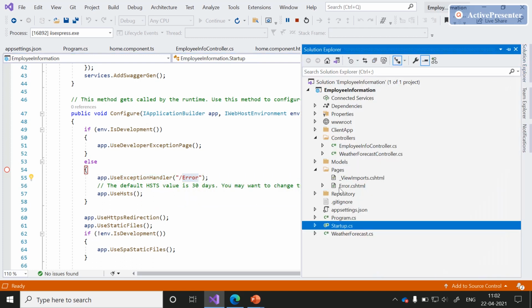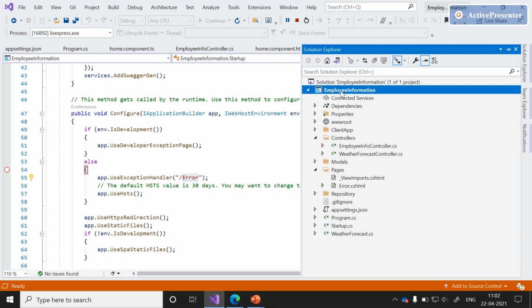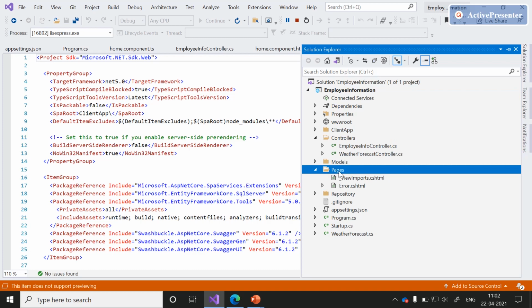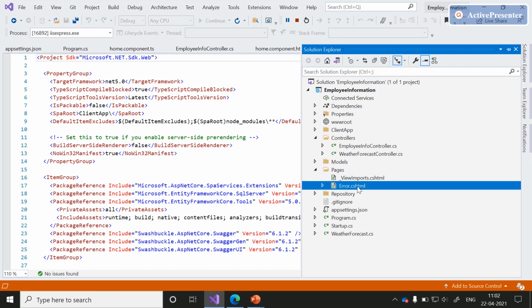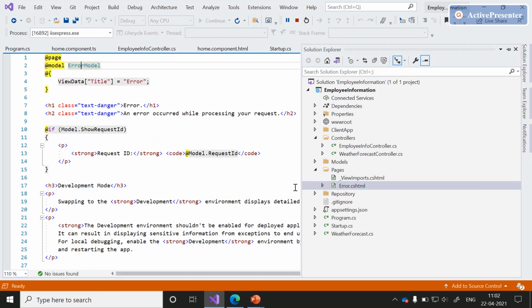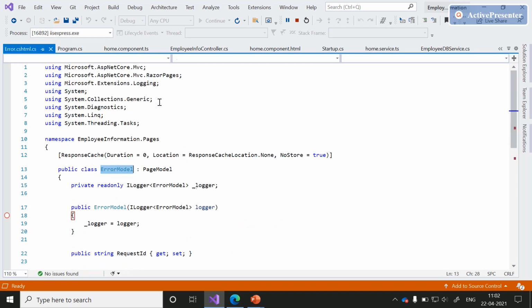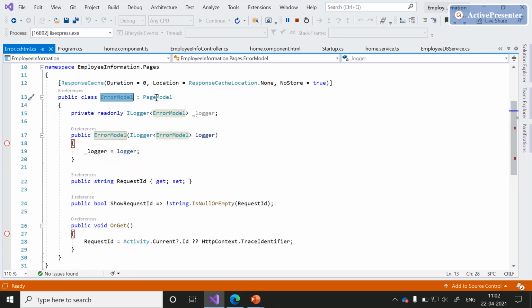Let me show you the exception page. In this employee information project, there is a Pages folder. Inside this Pages folder, we have a C# HTML page, that is the Razor page Error.cshtml. This Error.cshtml contains a model, ErrorModel. If you navigate to the ErrorModel, we can see what exactly this ErrorModel is going to do.